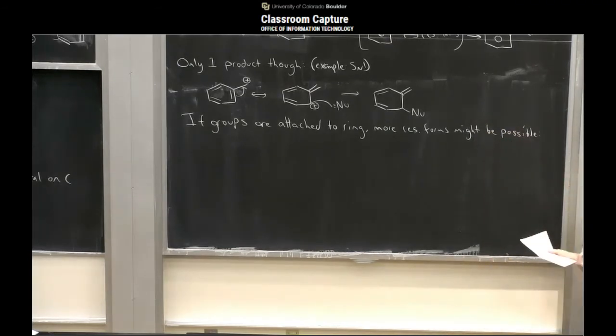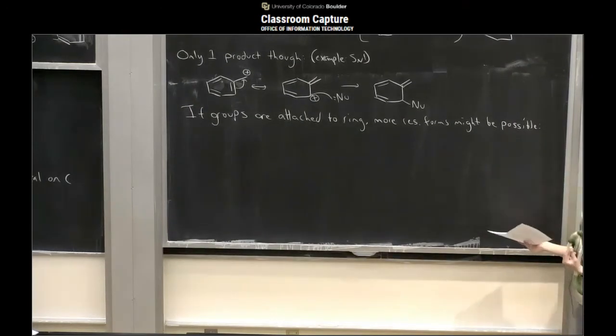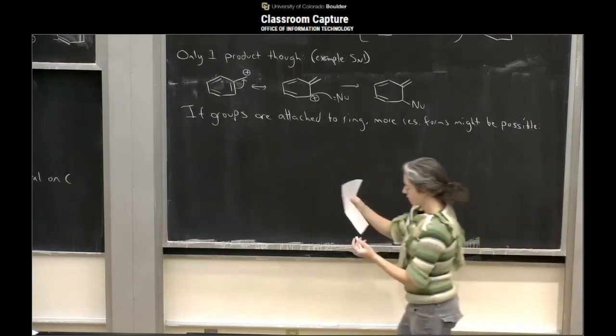All right, so this is actually going to follow exactly the same activating versus deactivating rules for EAS, because we're still looking at stabilizing a carbocation. So the same things that were good for a carbocation in the last chapter are going to be the same here. So for example,